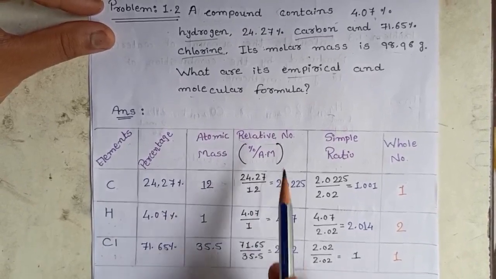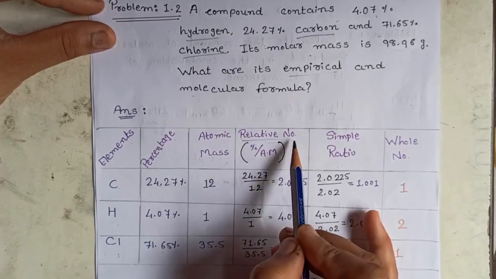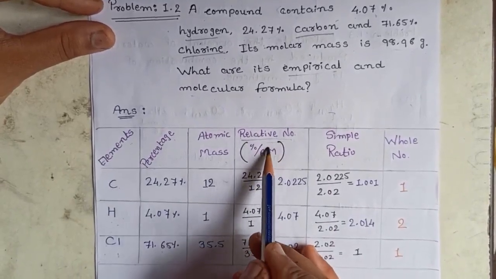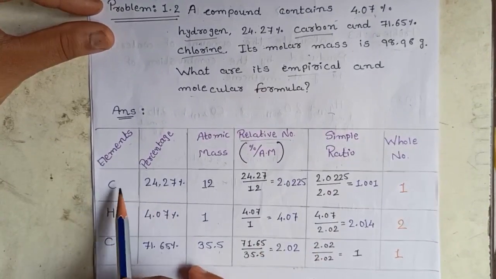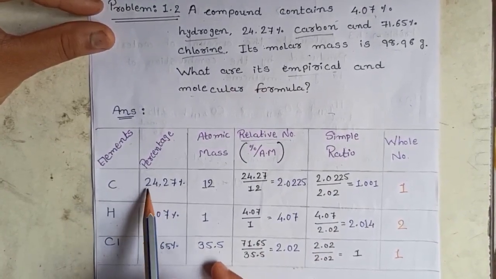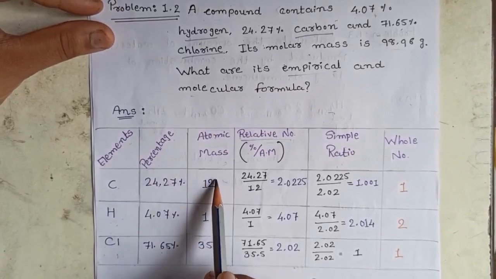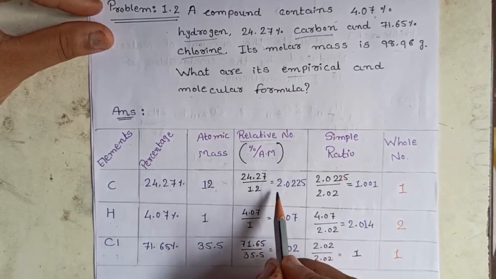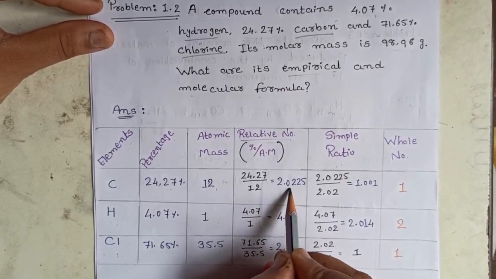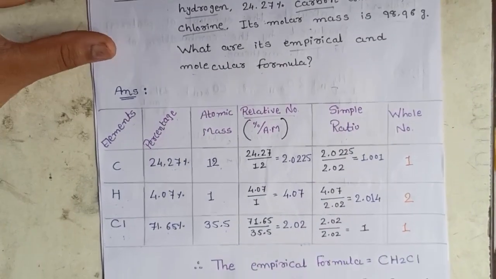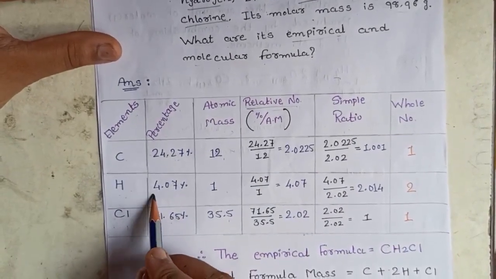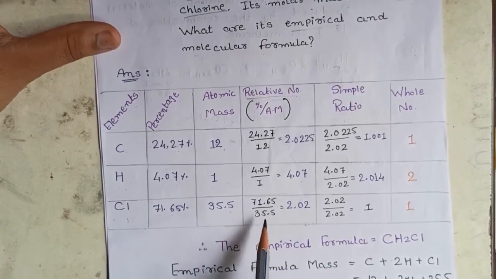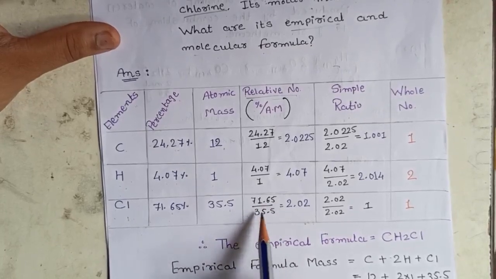After that you have to find out the relative number. That relative number can be found by taking the ratio of percentage and atomic mass. So first of all, for the carbon, the percentage of carbon is here and atomic mass is here. So take a ratio of that percentage and atomic mass. So you will get the answer 2.0225, right? Then for the hydrogen, 4.07 divided by 1 equals 4.07,